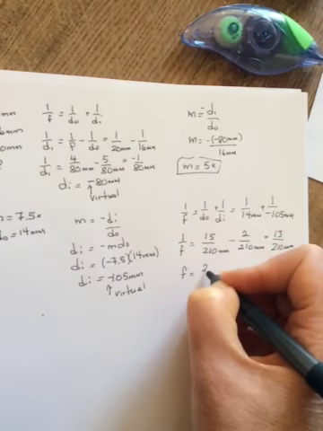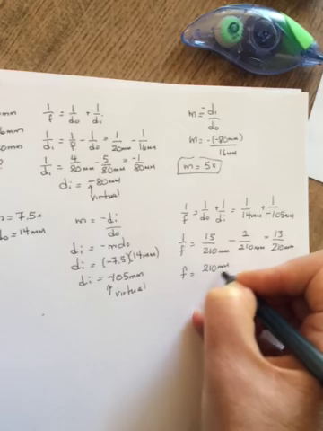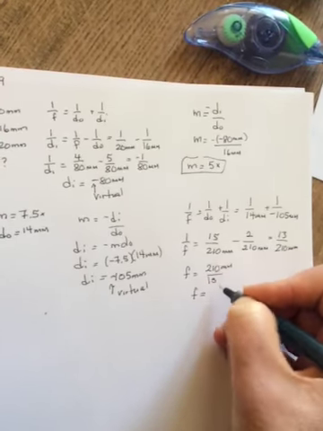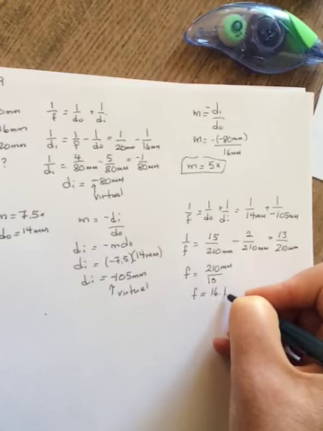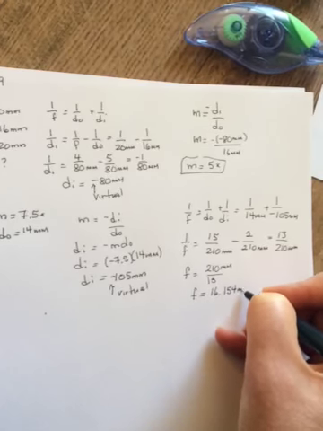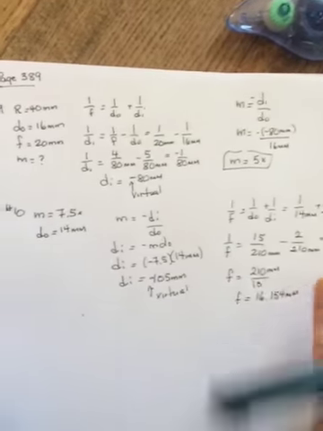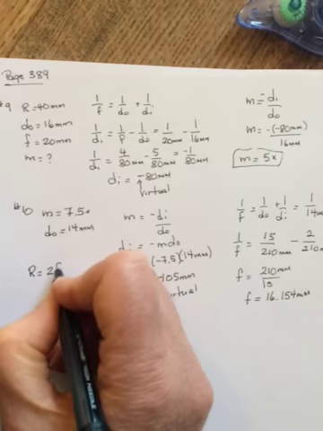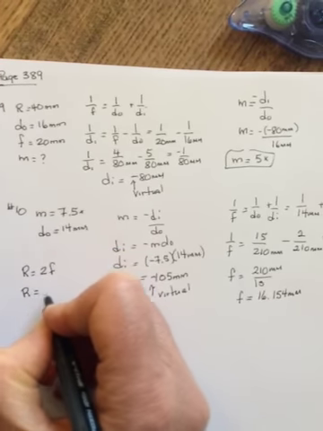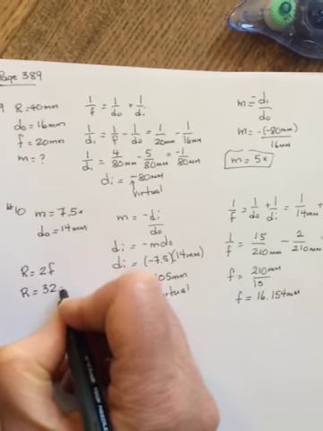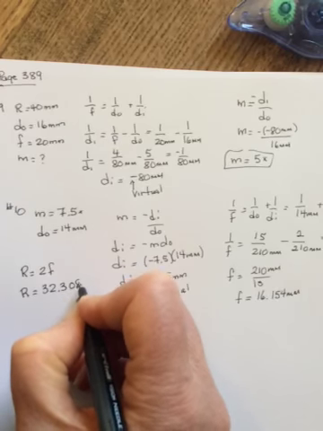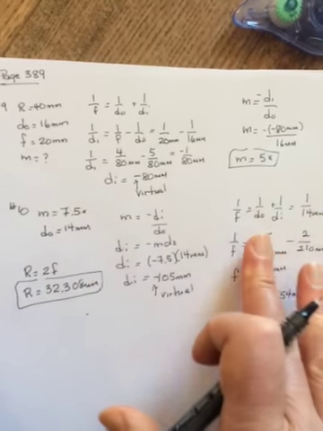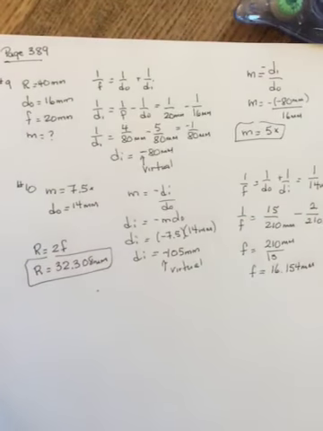So F is equal to 210 millimeters divided by 13. In other words, F is equal to 16.154 millimeters. But that's not what the question asked. The question asked what must be the radius of curvature. It's equal to 2F. So R is equal to 32.308 or something thereabouts millimeters. All right, that's number 10. Number 11